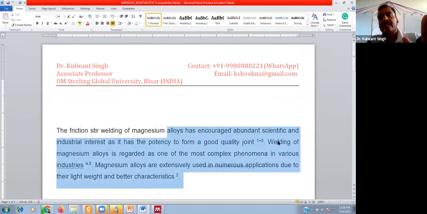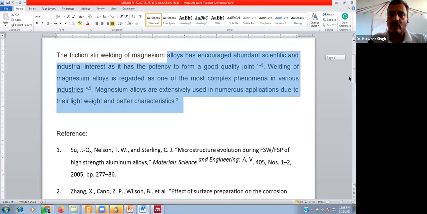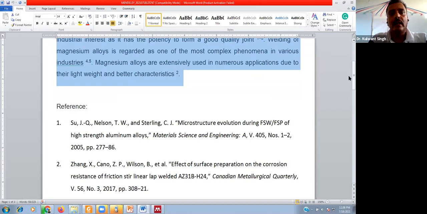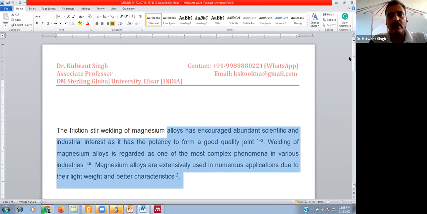Means nobody can change your reference style or their numbering. Otherwise, if you send the document with the Mendeley fields, then any person who is working with the Mendeley desktop can change your citation style, or there may be the reference style also. So always send the document to the journal without Mendeley fields.